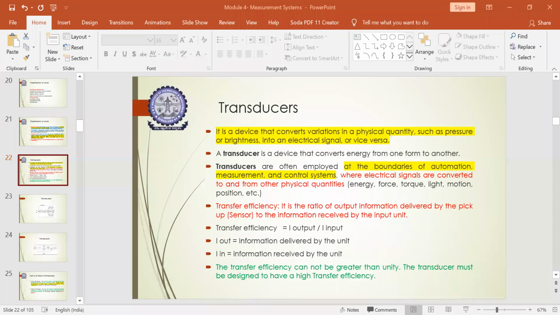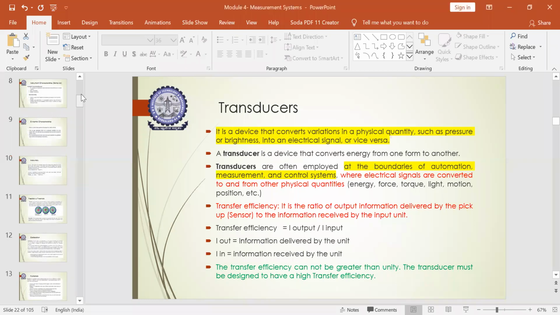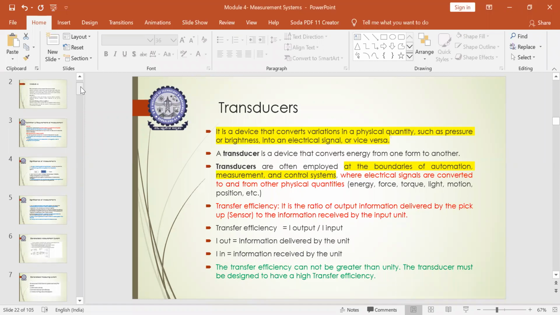So today we'll be focusing on what you mean by transducers, which types of transducers you have, how many stages are there in detecting the input signal to that of the output signal. So all those steps we will be dealing with in module 4. Okay, so hope you all remember the part we dealt with, because there was a long